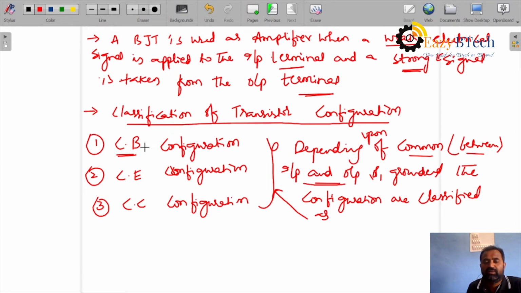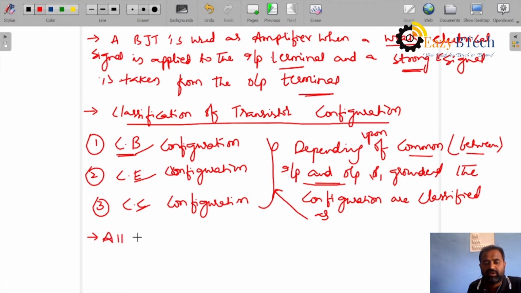Between the emitter to base, and between the emitter to collector, base is common: common base. Between the base to collector, emitter is common: common emitter. Between the base to emitter, common is collector, then it is a common collector configuration. Okay, these are the transistor configurations. Next,